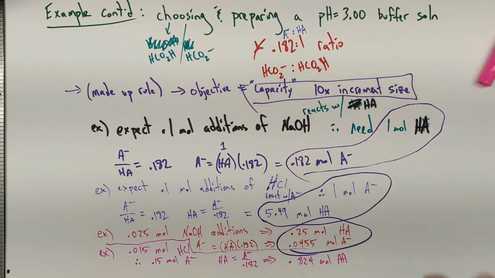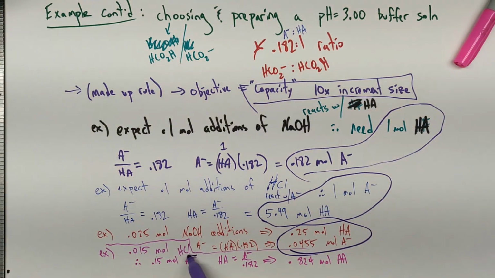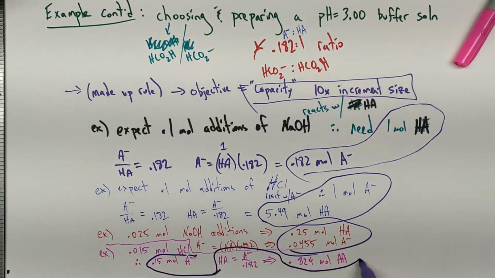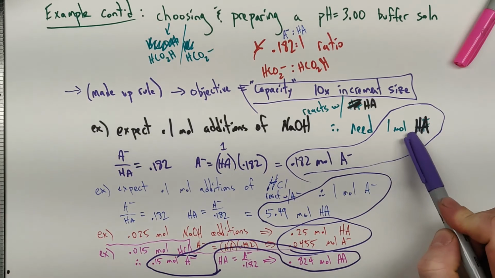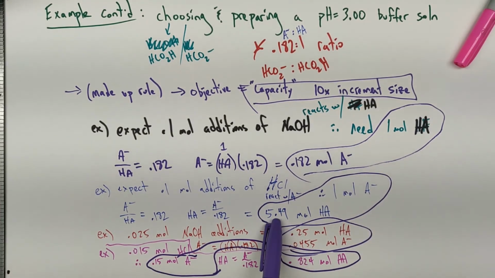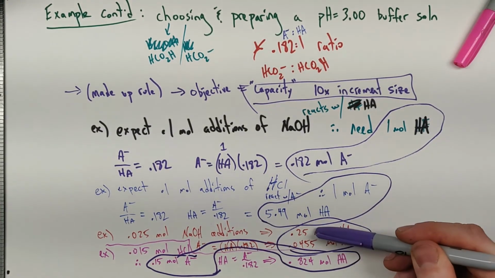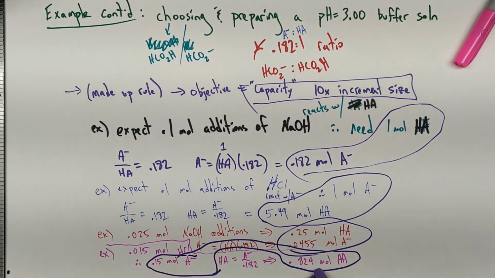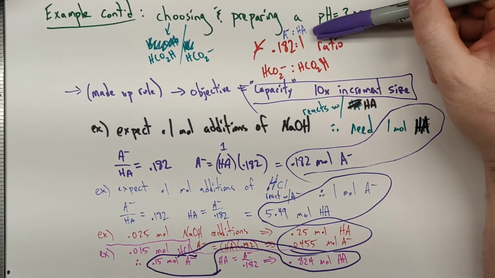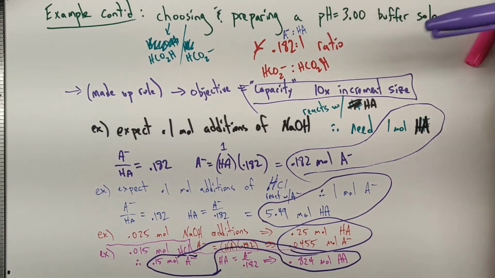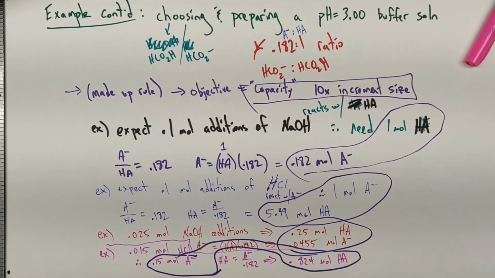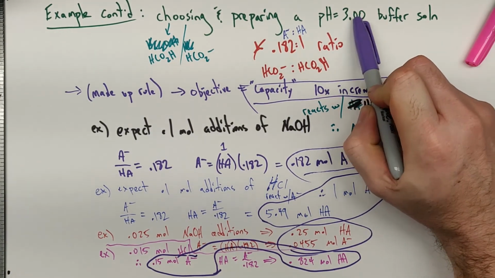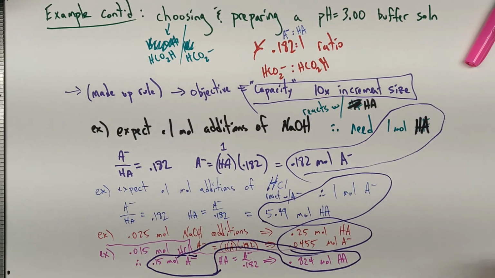All right. And so, not super beautiful to do this, but for that particular one, we need that combination. So I can have a 1 to 0.1, well, 0.182 to 1, a 1 to 5.49, a 0.0455 to 0.25, a 0.15 to 0.824, and all of those are 0.182 to 1 ratio. Any of them will work. You're just constrained by your capacity. And again, I made that rule up for that. So knowing that, working with our 3 buffer, I'm going to continue on to the next page with the specifics